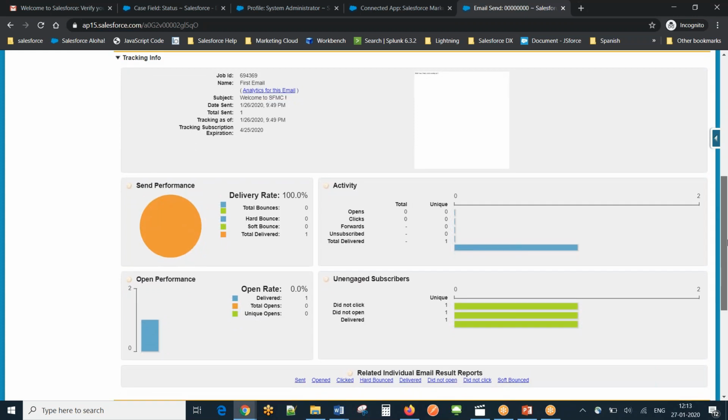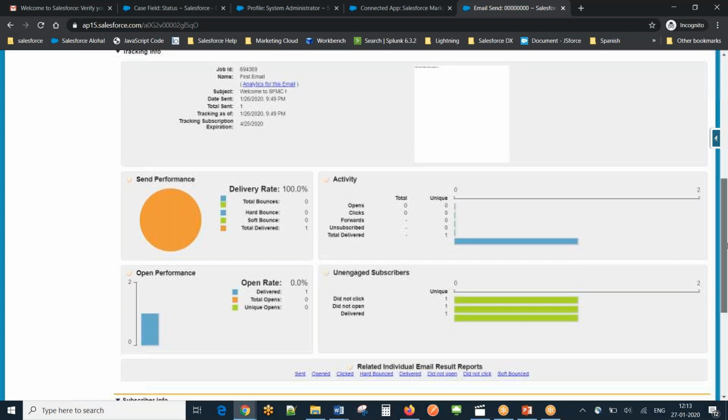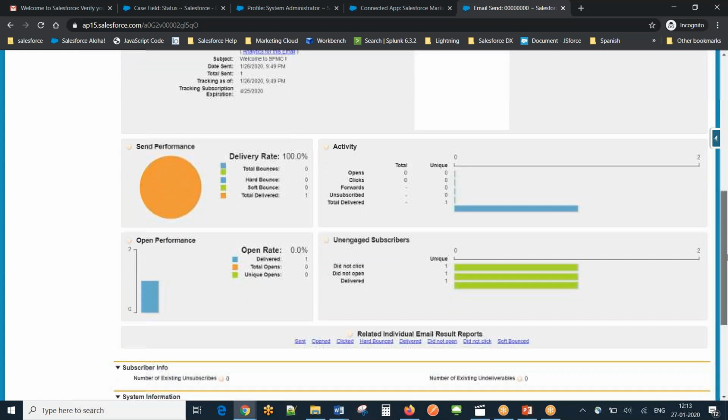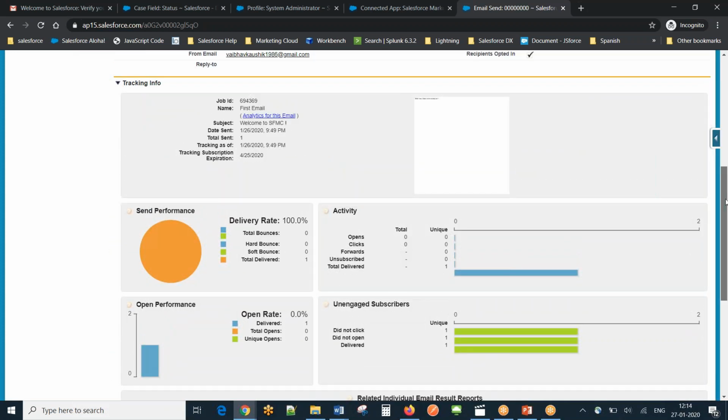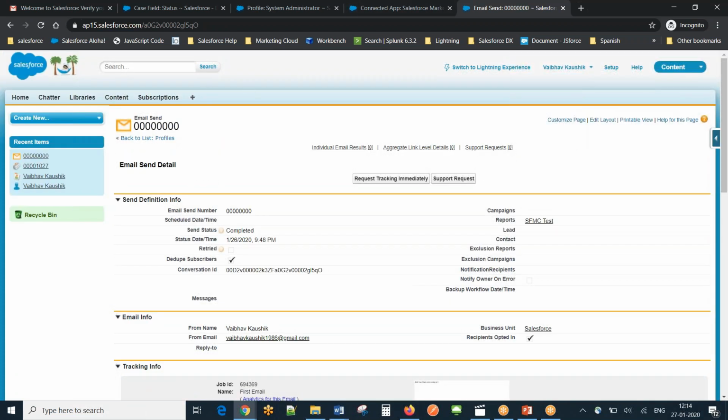You can use this info to determine what the customer has done with it. So it is showing delivered, right, and unengaged right now. So these are a few things you can get in tracking info, and this is going to be really helpful. Apart from here, you can also see this tracking data under